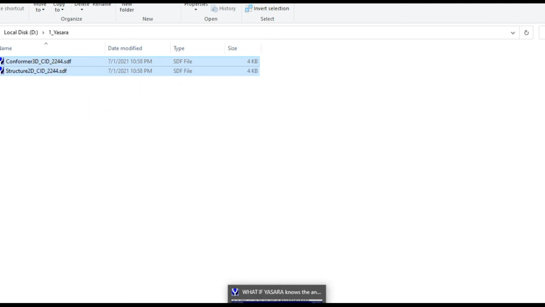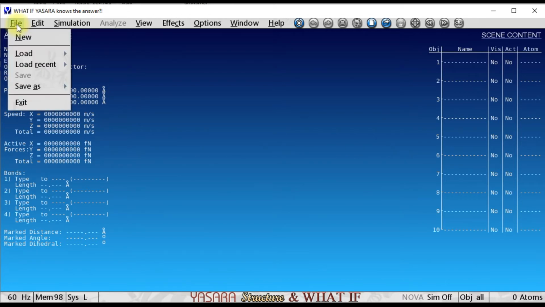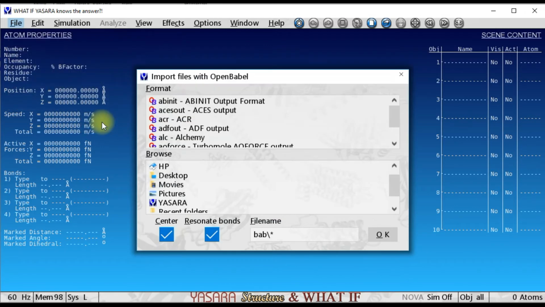Now I'll show you how to load the structure in the SRA. To load the structure in the SRA, go to File, Load. Here you can see the format which you want to load. We have downloaded the structure in SDF format. So here it is not available. So you need to go to other file format.